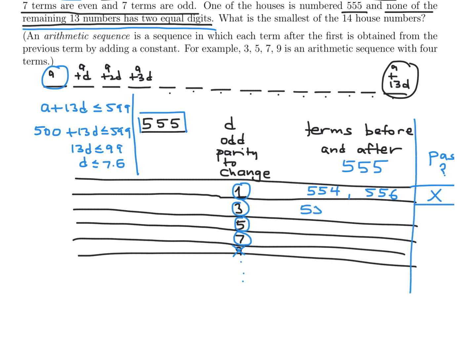It would be 552 and 558. This fails that two equal digits criteria. 5 would be 550 and 560. This also fails. 7 would be 548 and 562. Now this one so far is okay, right? Because these don't have two equal digits, but we have to